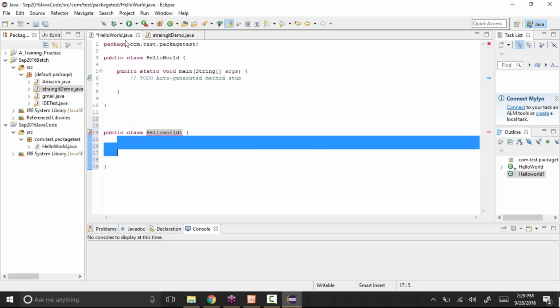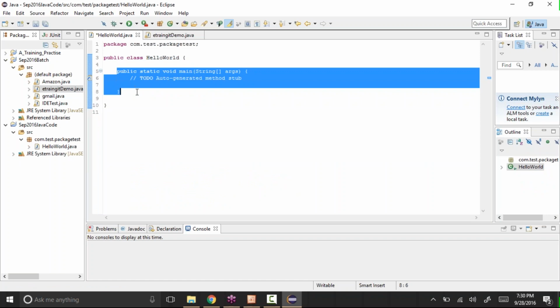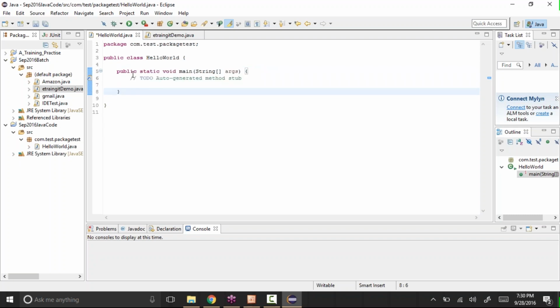So we need to create a class like this, and it will have an open bracket and an end bracket. In this class we can write whatever code we want to. You can have methods, you can write functions. Not only that, we can also create some objects, which we'll see next.